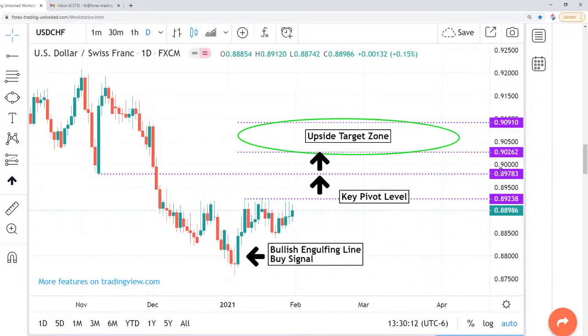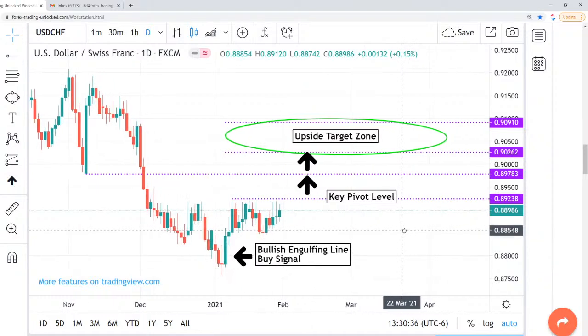Once again, I think this will be an area where you'll probably get a little dicey and touch and go. We are not looking for it, like for instance, if you look at this chart, these big breaks that we had in the US dollar Swiss, we're not looking for a rally to explode like that. However, having this bullish engulfing line and then also having a head and shoulders pattern that will be confirmed if we get above this key pivot level, that's a double buy signal and a very strong technical